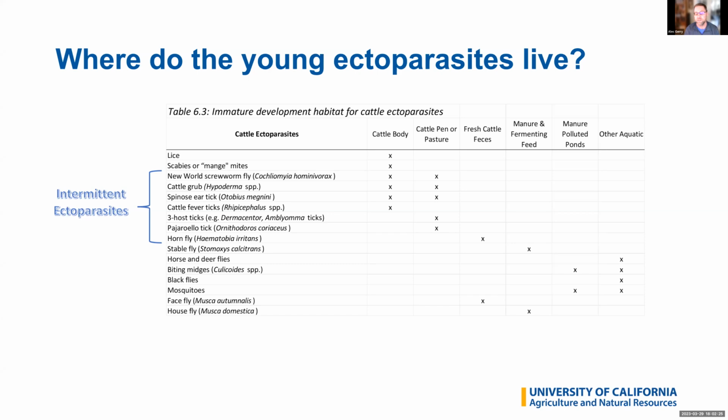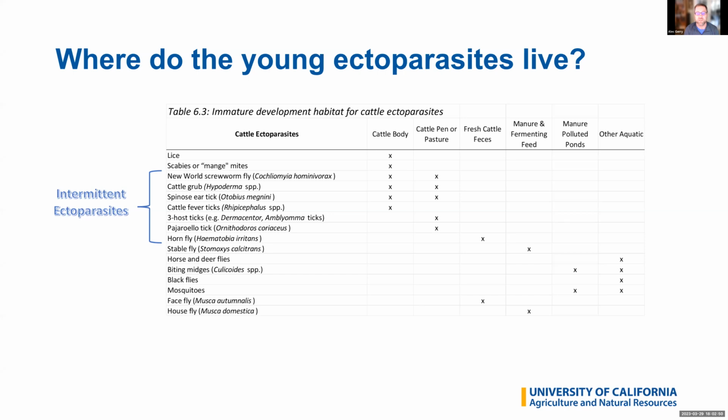In fact, in decomposing cattle pies or cattle pats is where those hornflies are developing. So the immatures for the hornfly are actually found in fresh cattle feces. As you see, if you follow that row all the way over, you'll see the X under fresh cattle feces. So that would be the place, the best place to try to control hornfly before they can do damage to